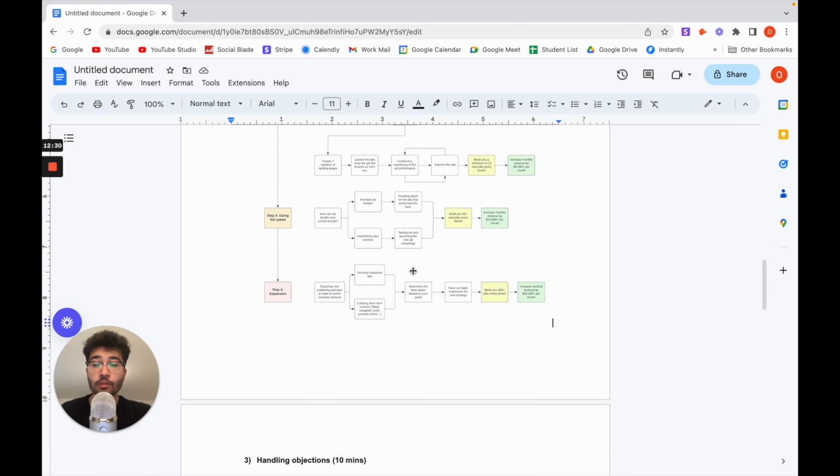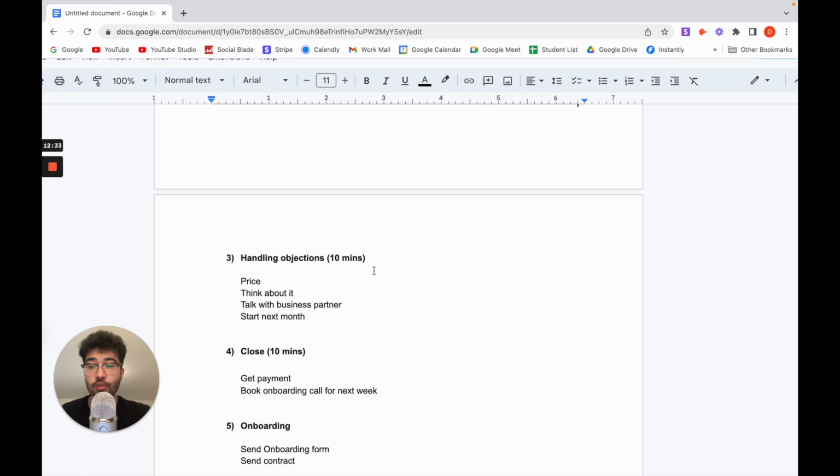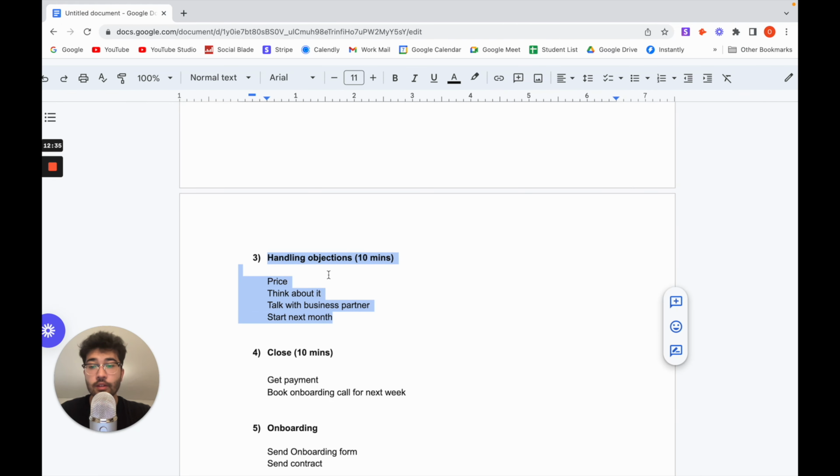Okay. Once you have that down, you move on to probably the most important part, handling objections. This is what's going to differentiate a good salesperson from someone who's not good. How well can you handle objections? If you roll over when people say, okay, I'll think about it, and you're like, okay, sorry, take your time, just send me a message when you're available, if you're like that, it's not going to work for you. It's going to be very difficult to close people. You have to be a bit, I don't want to say pushy. You don't want to be pushy, but you kind of want to be pushy. Not too much, but just enough for them to take action right away.